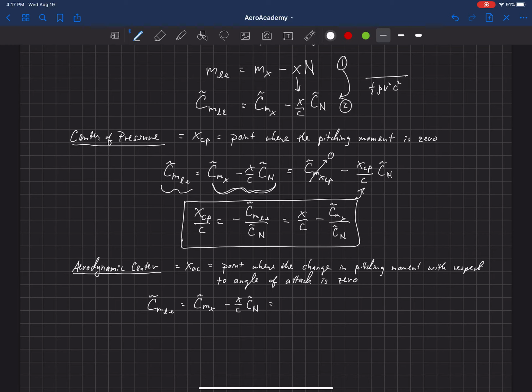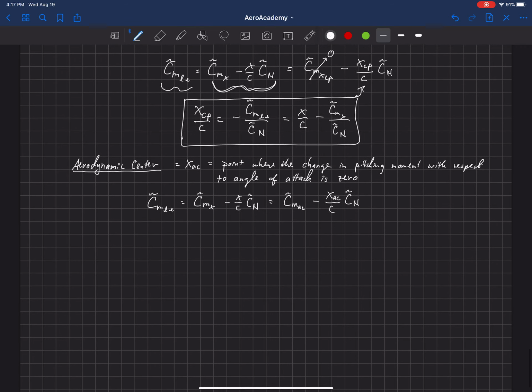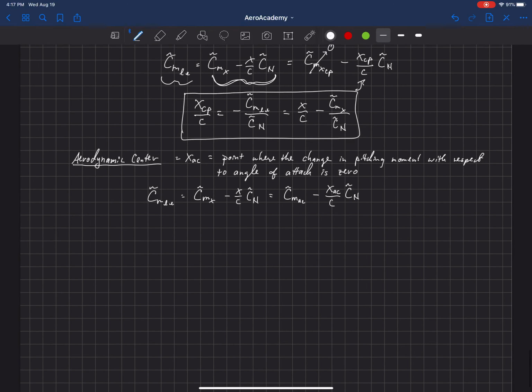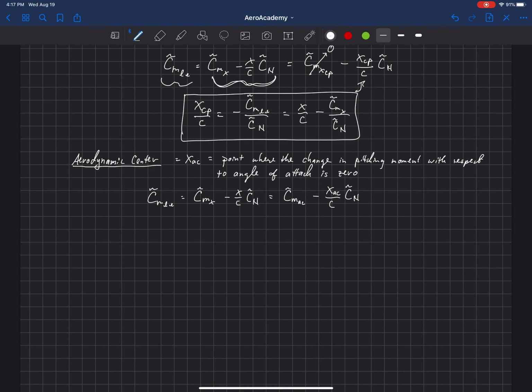And then we can write that same equation at our aerodynamic center, so that the pitching moment at the aerodynamic center minus x AC, we're going to put XAC as the location of the aerodynamic center, divided by c,